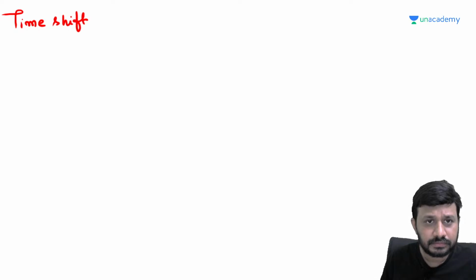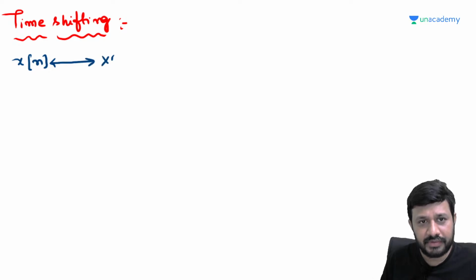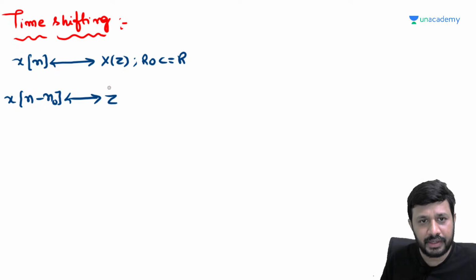Let's go to the next property. Linearity is completed. Time shifting property. What is this time shifting property saying? It says that if the signal x of n forms a Z transform pair with X of z with ROC R, then x of n minus n naught forms a Z transform pair with z power minus n naught into X of z with the same ROC R,